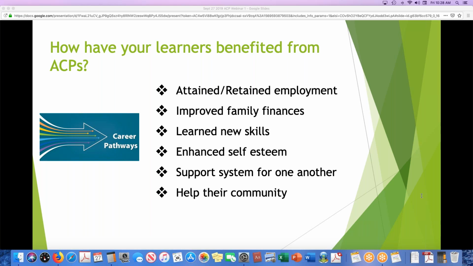We also have noticed that it's a support system for one another. When our students have spent a lot of time in class together, whether it's a regular class or one of our adult career pathway classes, they really spend a lot of time outside of class. They share phone numbers, they offer each other support, which I think we all know that relationships are really key. We have students who call if they haven't seen their student partner in class, so that's been another really big benefit.